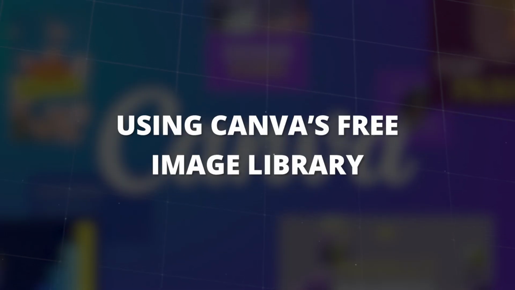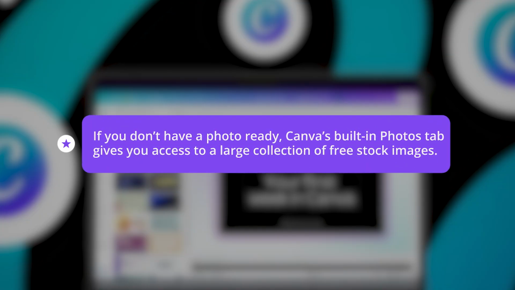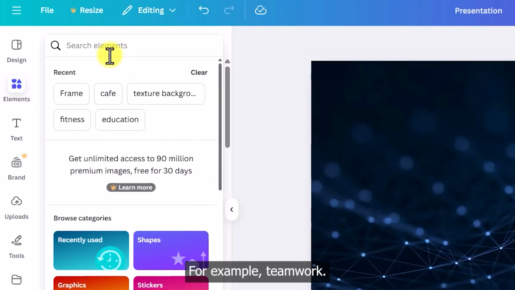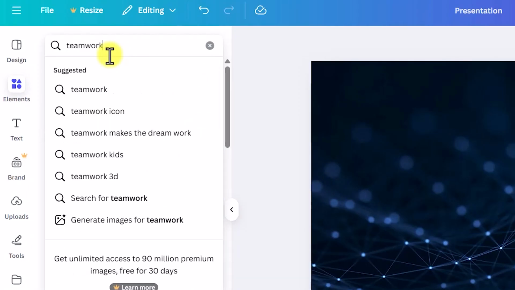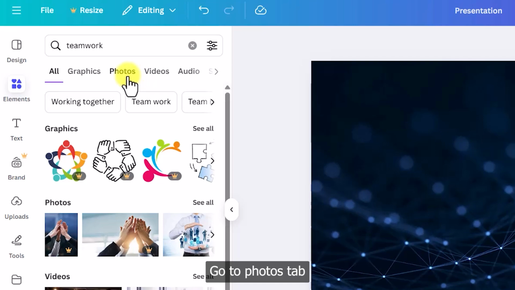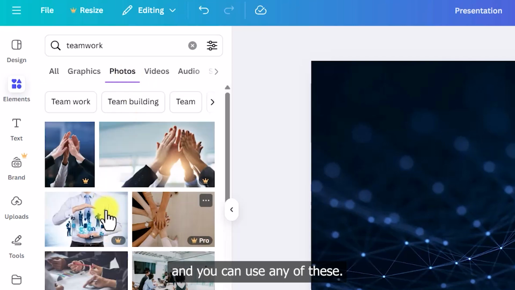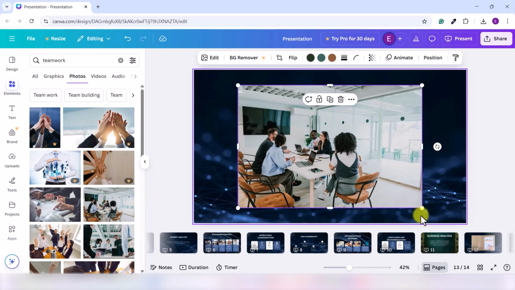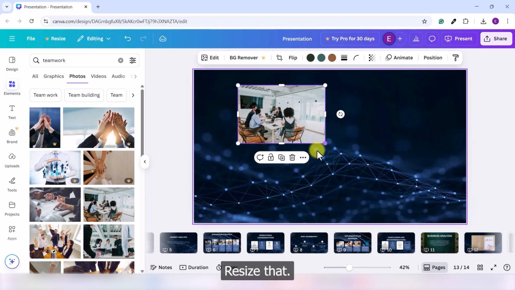Using Canva's free image library. If you don't have a photo ready, Canva's built-in Photos tab gives you access to a large collection of free stock images. Go to Elements, click in here, for example, Teamwork, and you can just press Enter. Go to Photos tab, and you can use any of these. For example, you can just click on this one, resize that,